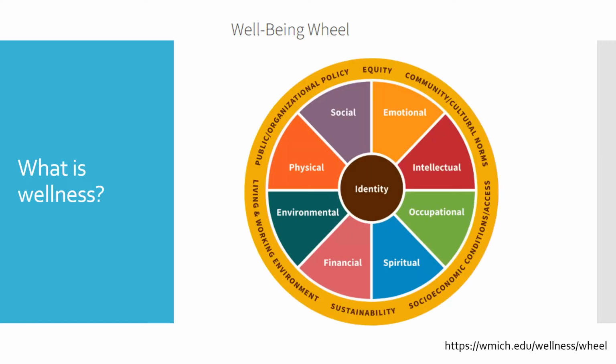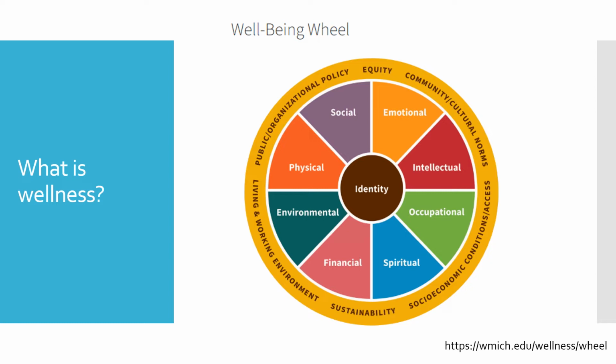The course is referred to as Health and Well-Being, and the Well-Being wheel that I'm showing you in this slide is the one that was developed through some work on campus, and it is the well-being wheel that includes 8 dimensions of wellness, as well as the factors that influence our choices, behaviors, and how we can manage those